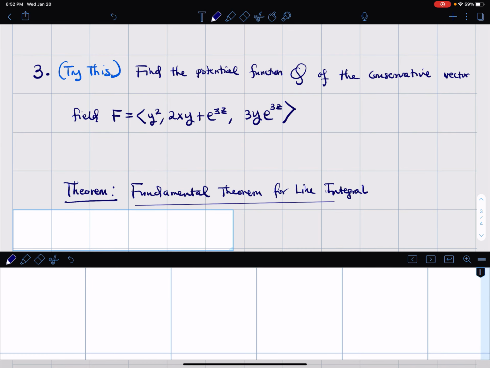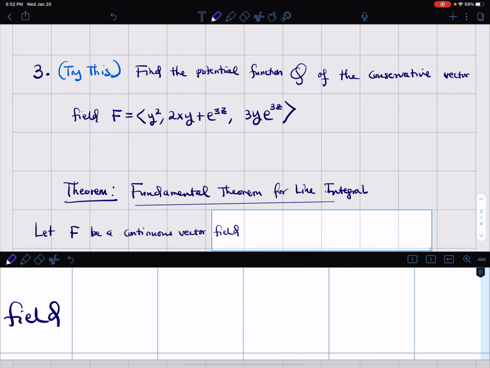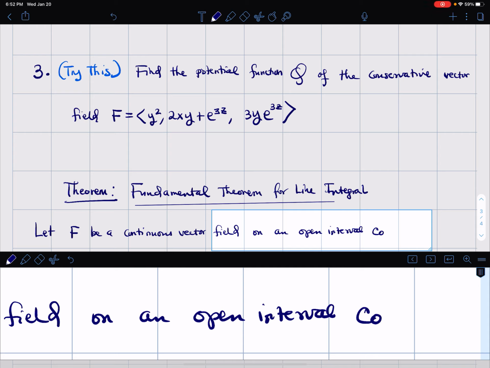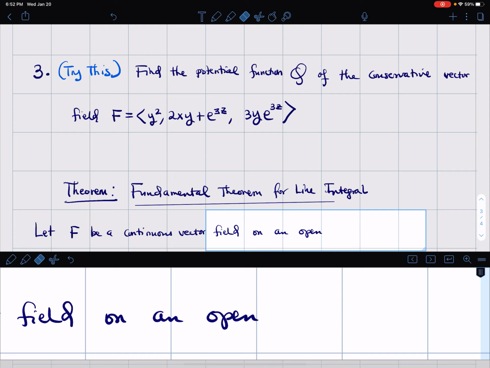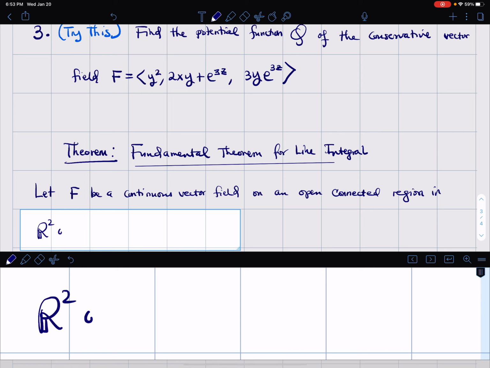This theorem says that if F is a continuous vector field on an open connected region in R2 or R3,